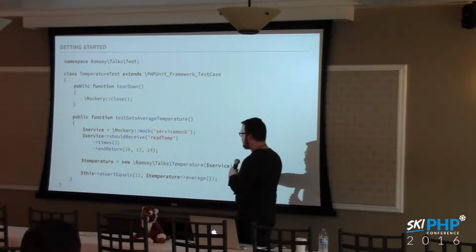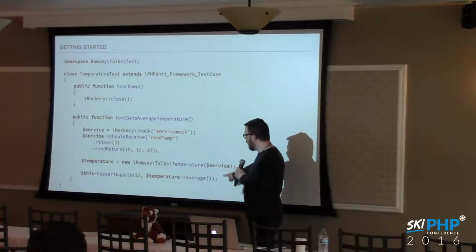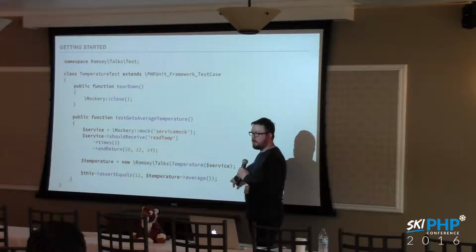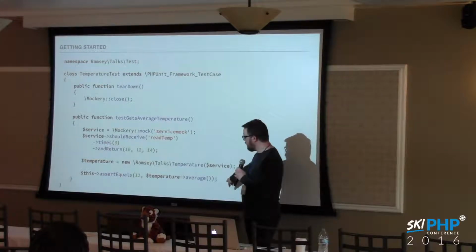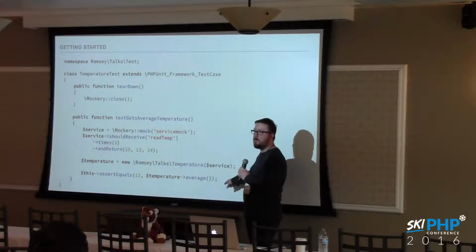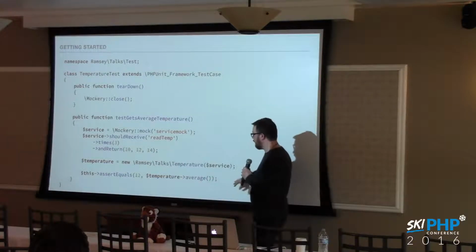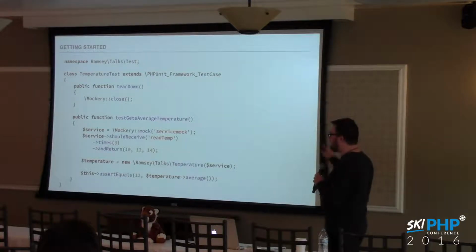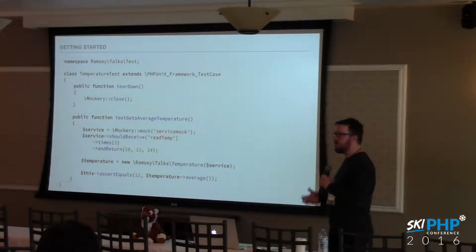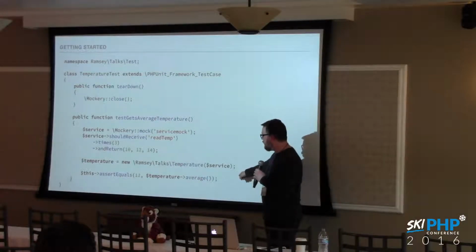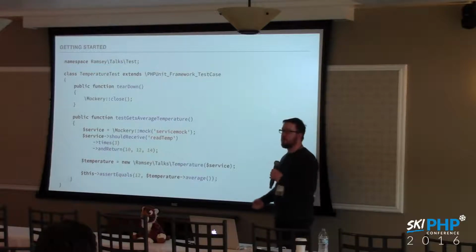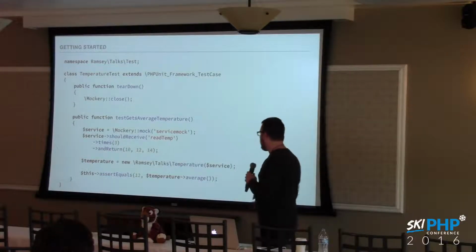We're going to pass that into our temperature object, and then we're going to run the average method on the temperature object. Now, these 3 values are known values. We know that when we add them together and then divide them by 3, we get 12. So we're asserting that the average is going to be 12. It's a known response that we have. And that's important because in a test, you want to test known values. You know what this is going to return. And so all this is doing is testing that the code within the average method is running properly and doing the math that it should be doing.